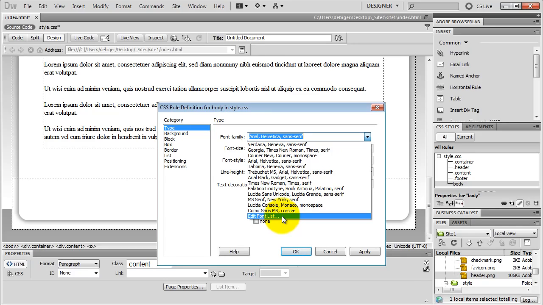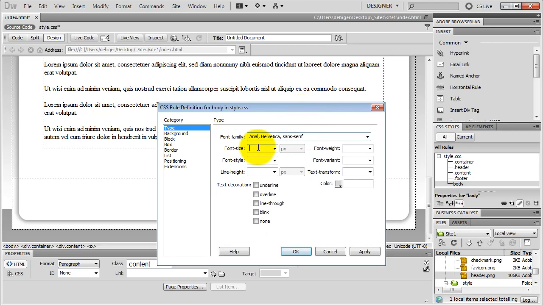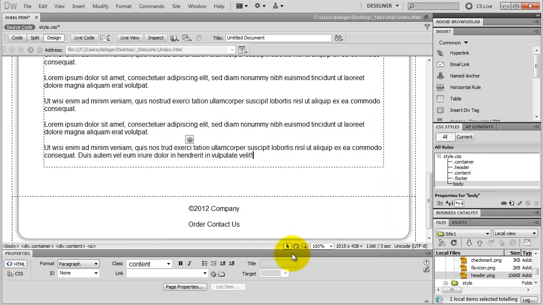On the web most people use sans serif fonts like Arial, Verdana or Helvetica. Okay, I set the font size to 16 pixels. I could also set the font color to black, but it's black by default, so I don't need to change that. In CSS everything has a default value, and I don't need to change that unless I need something else. I click OK, and my text is now Arial, but I want to style my text the right way, so